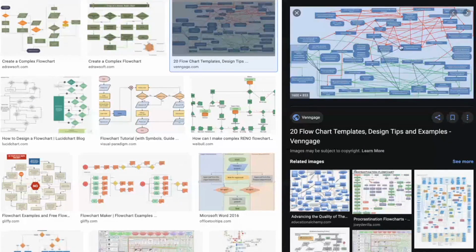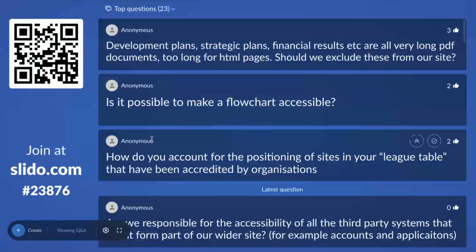So if you had alt text for this, it would probably be an insanely complicated flowchart that no one could understand, because you couldn't really do much else with it. So